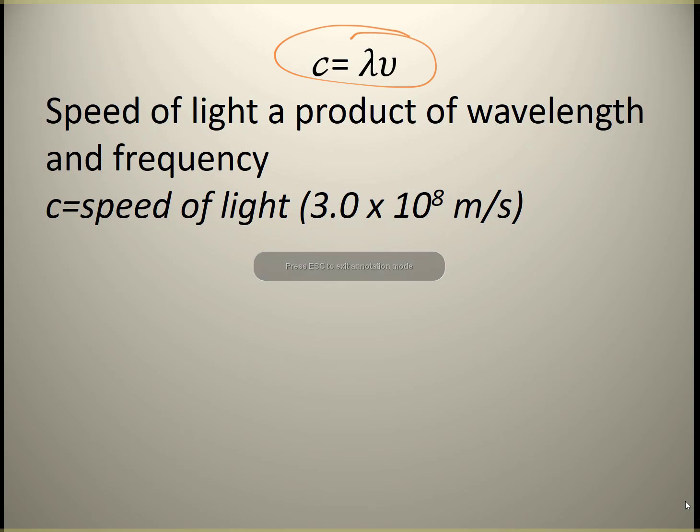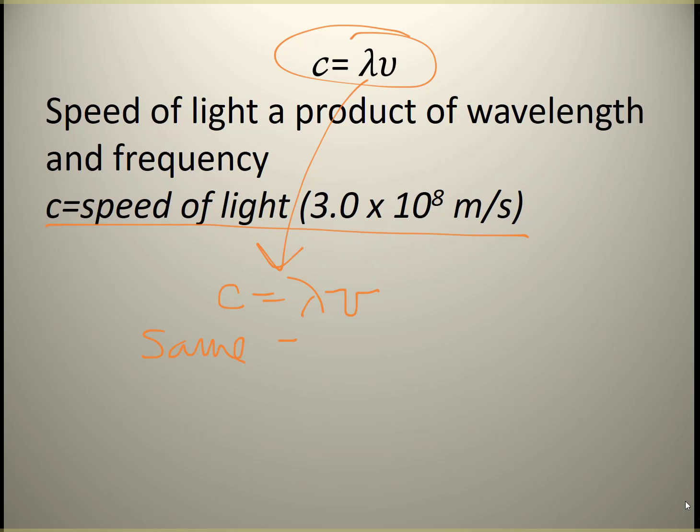I like formulas though because they help give me a sense of the relationship. So I know that anytime I have light, it's always going to be moving at the speed of light. So that means this value is always going to be the same number. Therefore, if I have a very long wavelength, I will know that the frequency has to be a small number because I have to multiply these numbers to get that speed of light, 3 times 10 to the 8th